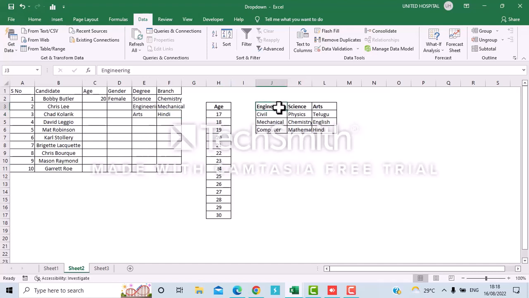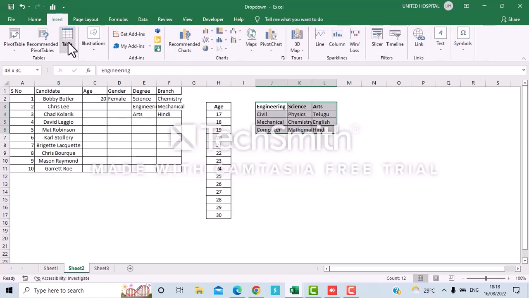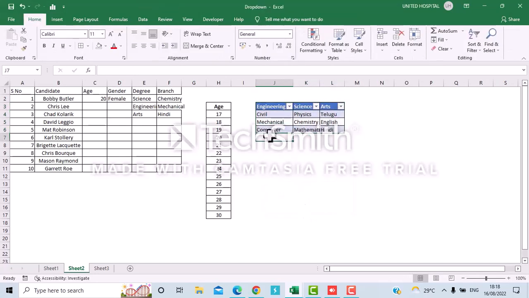If I want to add any new options into a degree, for that reason what I'll do is I will convert this into a table. So for that you can go to insert, you can take the convert to table option, or you can use the shortcut Control T. It will create a table. So here I'm adding another degree. So I'm adding AC here,